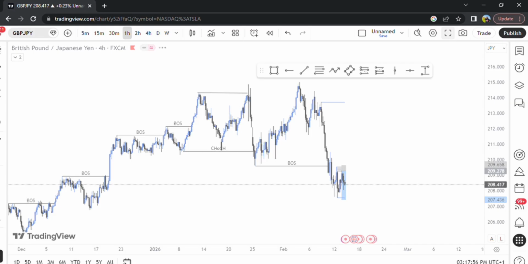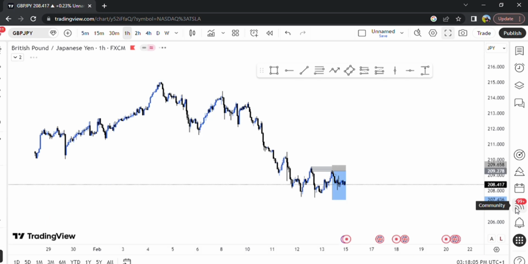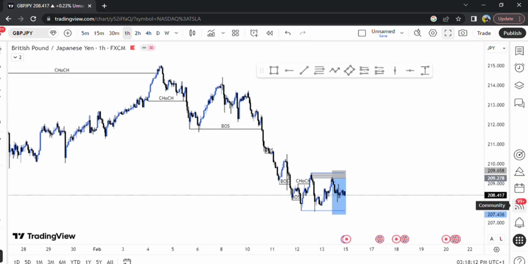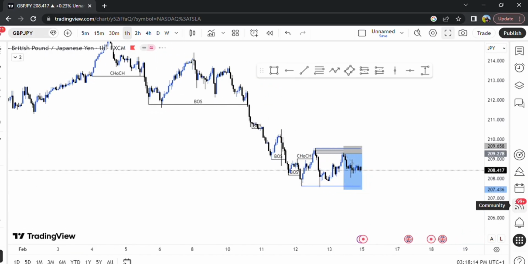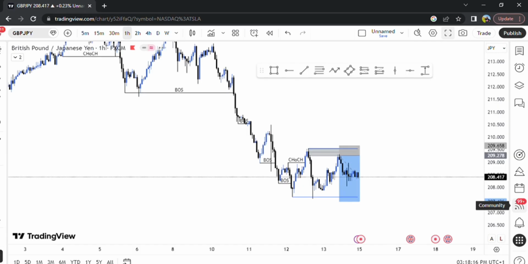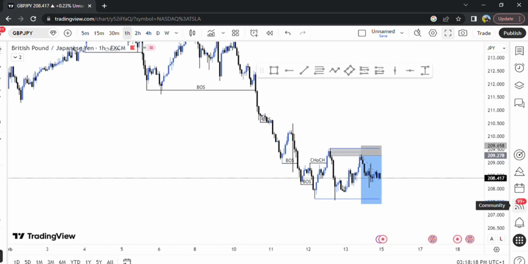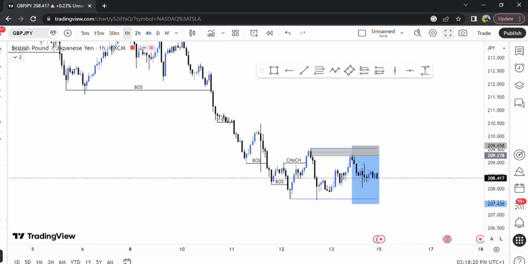Then going back down to our 1-hour time frame. Okay, in our 1-hour time frame, you can see this already. Remember, we are working on the current structure. I took this trade earlier, so this is the current structure. After seeing this particular break of structure to the downside, a new change of character being formed,